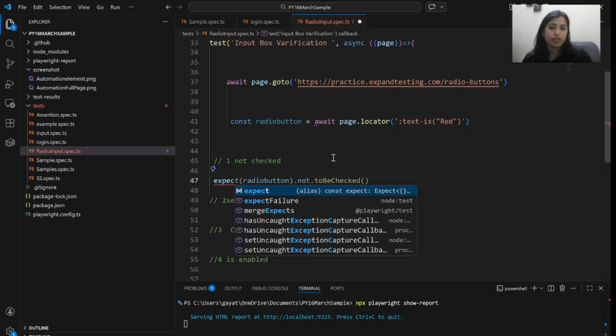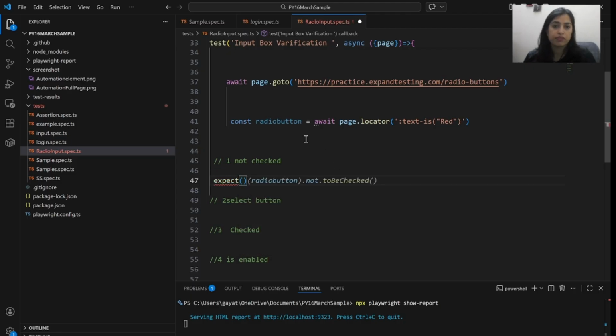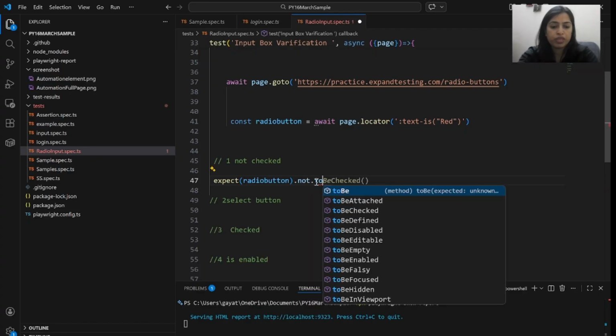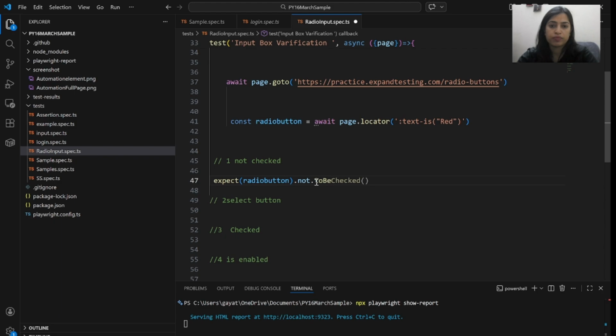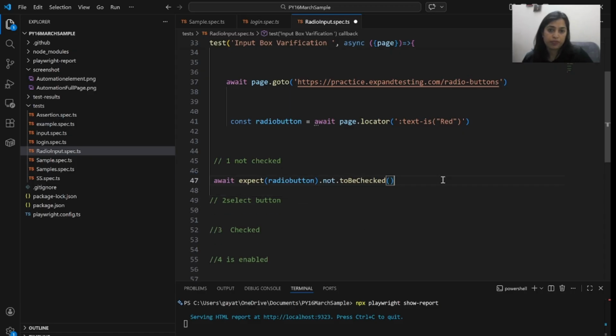So for that, what you have to do is inspect, then radio button, dot not dot to be checked. This you have to use to verify whether your radio button is checked or not.